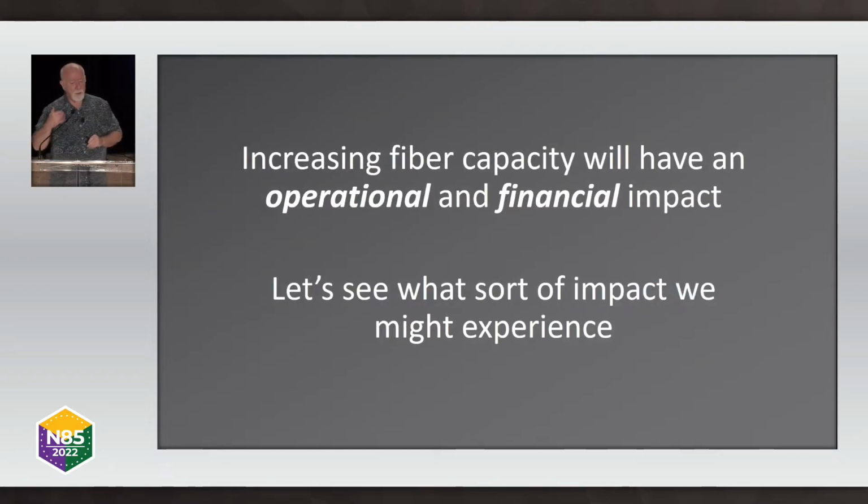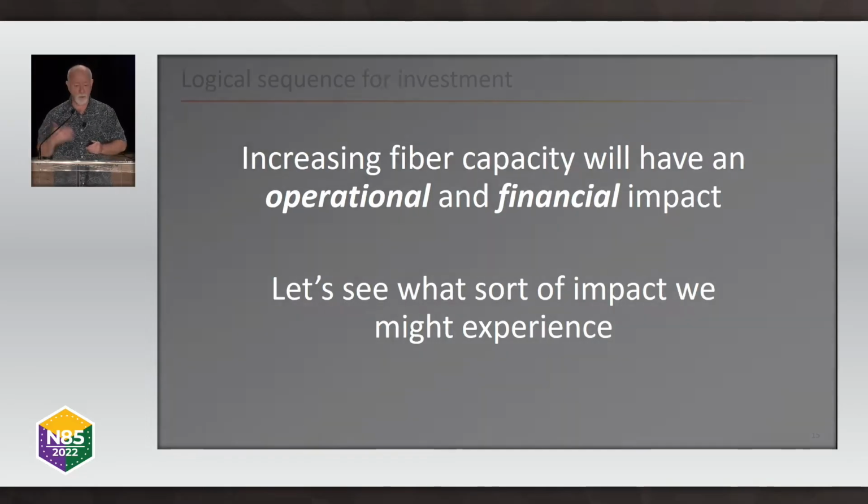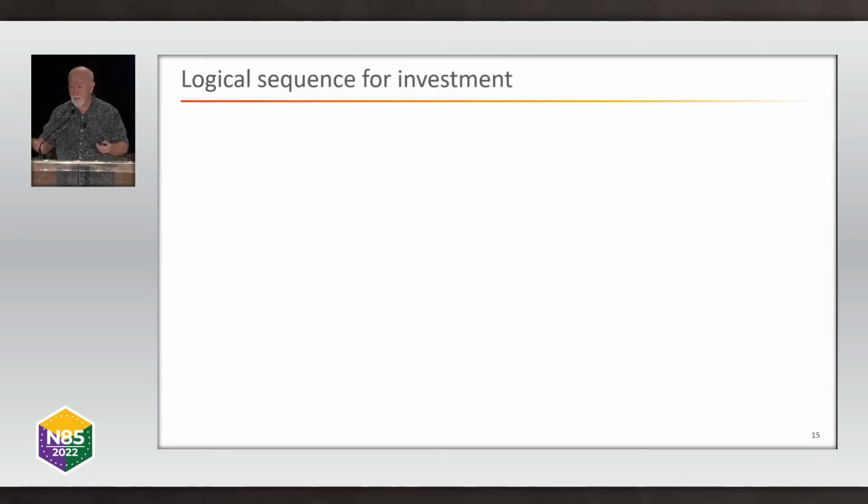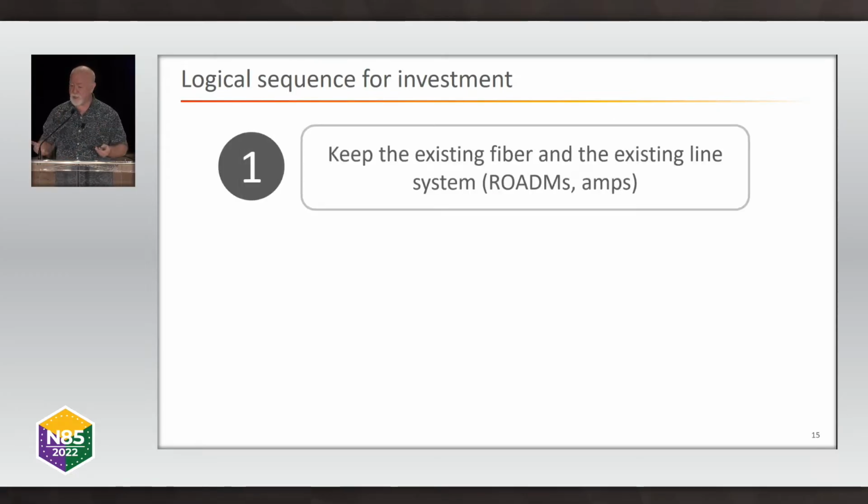So now, we need to understand also that increasing fiber capacity will have an operational and financial impact. So what do I mean by that? There's really three steps in this process. The first step, which is the most desirable, is to keep the existing fiber and the existing line systems, the ROADMs and the amplifiers. Now, really, the only option you have there is to change the transponders and track the